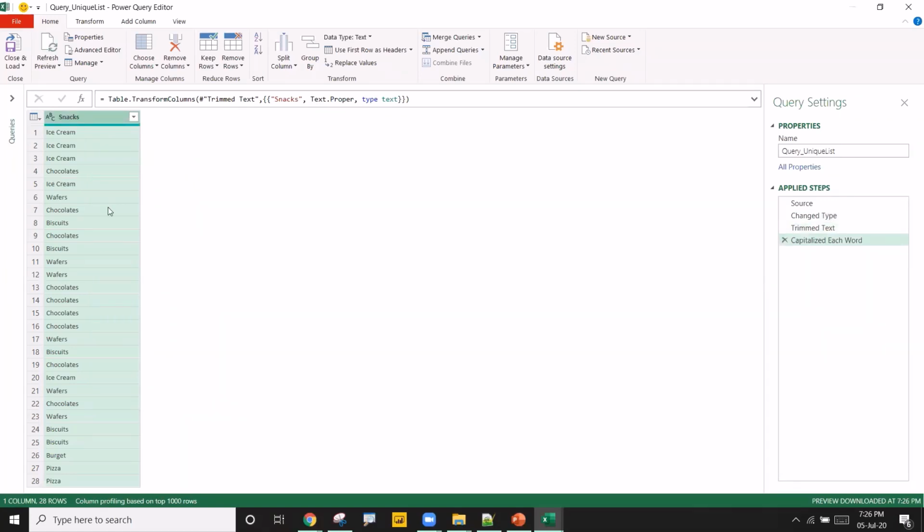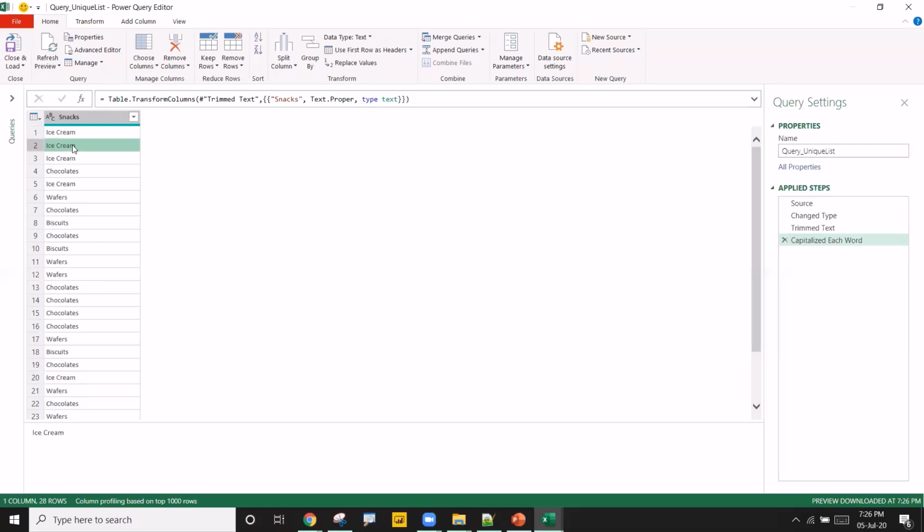Let's say here is ice cream in proper case, whereas the next one is in uppercase. The values are the same, but Power Query will consider this one unique value and that another value. But for us, both are the same. So to make it consistent, let's make them proper case, lowercase or uppercase. In this case, I make all of them proper case.